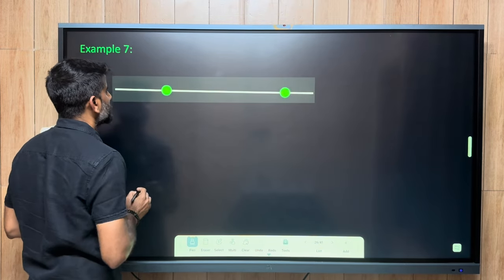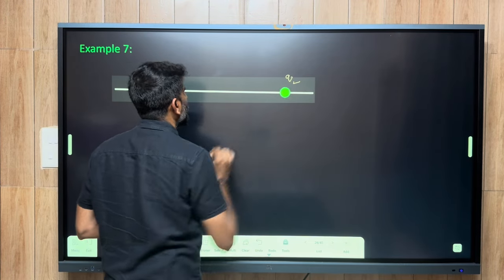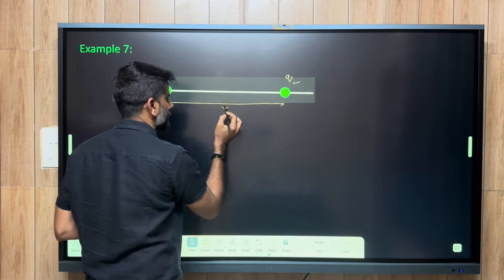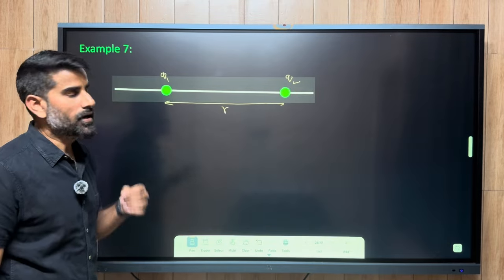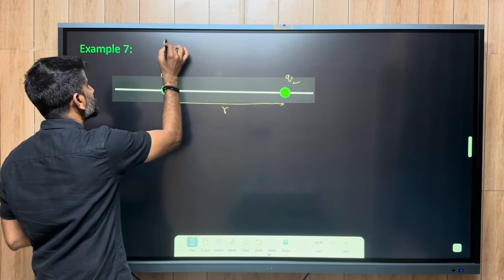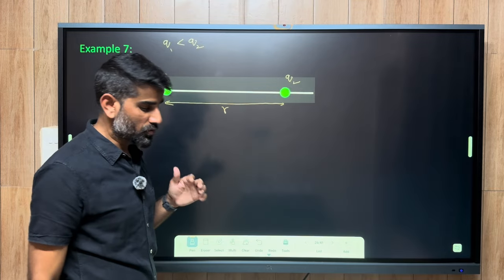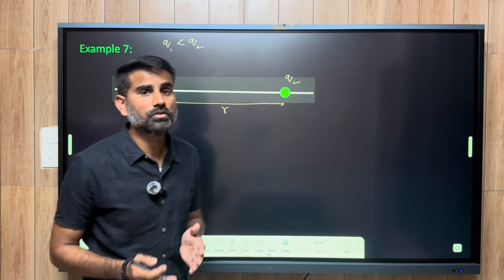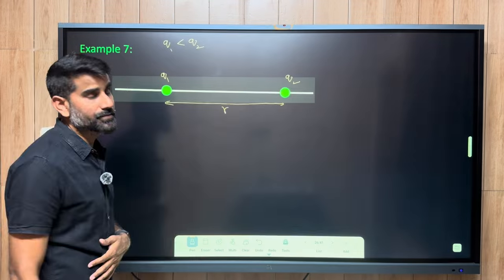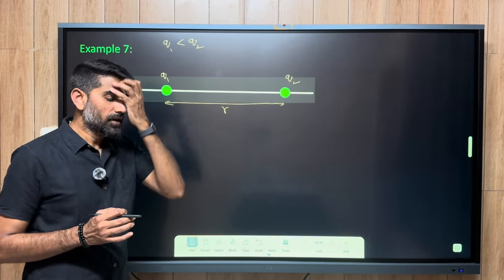I am going to take the two charges. These are the two charges given by Q1 and Q2, which are obviously separated by a distance R. Center to center distance is R. Now, what I am going to consider is Q1 is less than Q2. Why I am taking this, which charge is bigger, which charge is smaller, you will be able to understand in a bit. Okay. Now, the question is, where should the third charge